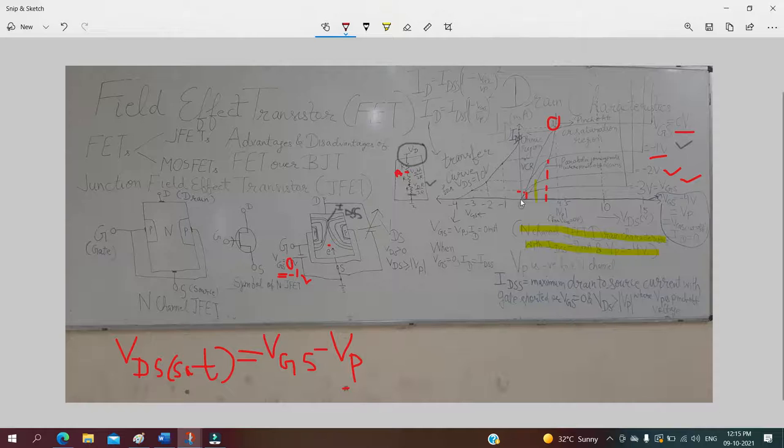And what will happen when VGS is made equal to the pinch off voltage? Okay, when VGS is equal to minus 4 volt, as the pinch off voltage for this JFET is minus 4 volt. Pinch off occurs for VGS of 0 volt. So VDS is the amount of VDS for which current levels off when VGS is 0 volt, or it can be defined as: when VGS becomes equal to pinch off voltage, the FET is no longer conductive, drain current becomes 0, and the resistance now becomes maximum.